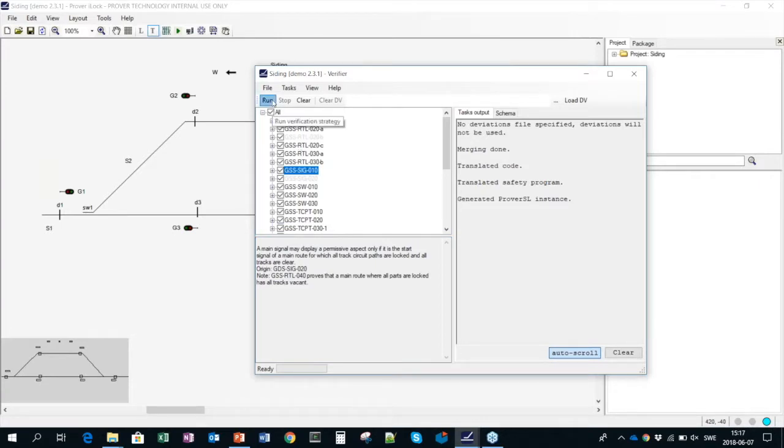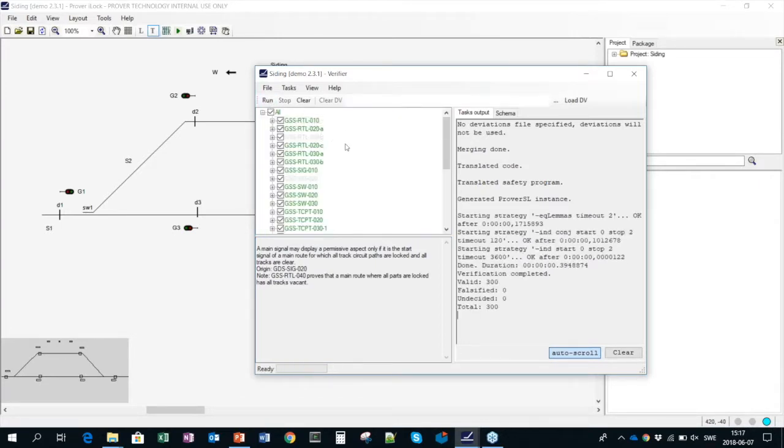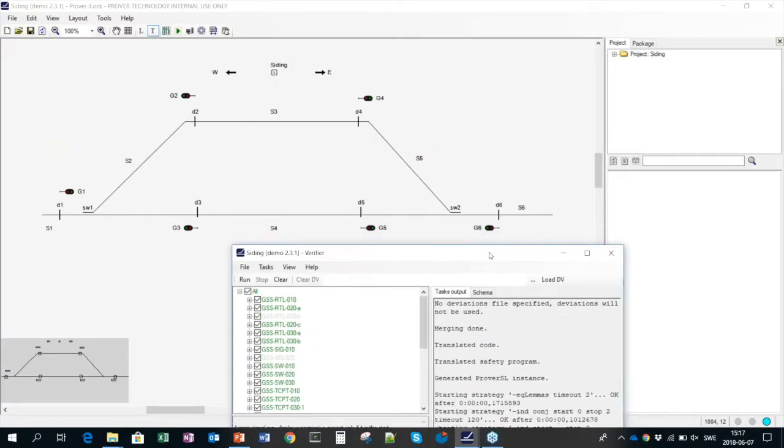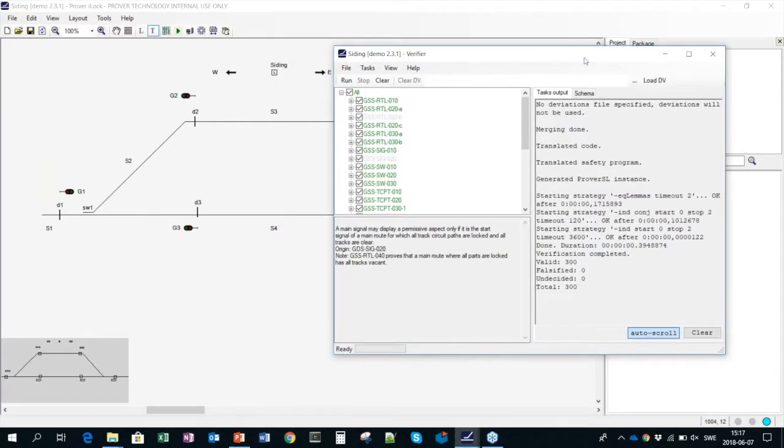By clicking run, I run all the requirements, and in this case it's very quick, 0.4 seconds for 300 requirements. Normally in a real project it takes longer, but still for a station of this size it's usually about 4 or 5 seconds to prove a set of real requirements. This is much quicker than much other formal verification you have probably heard about, and that is because